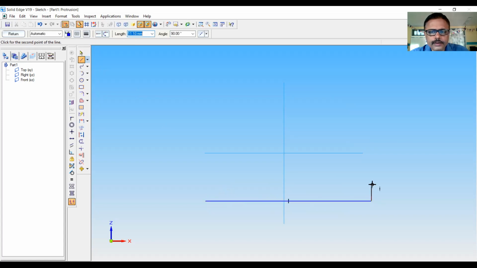I am drawing the profile, and then do the dimensioning.